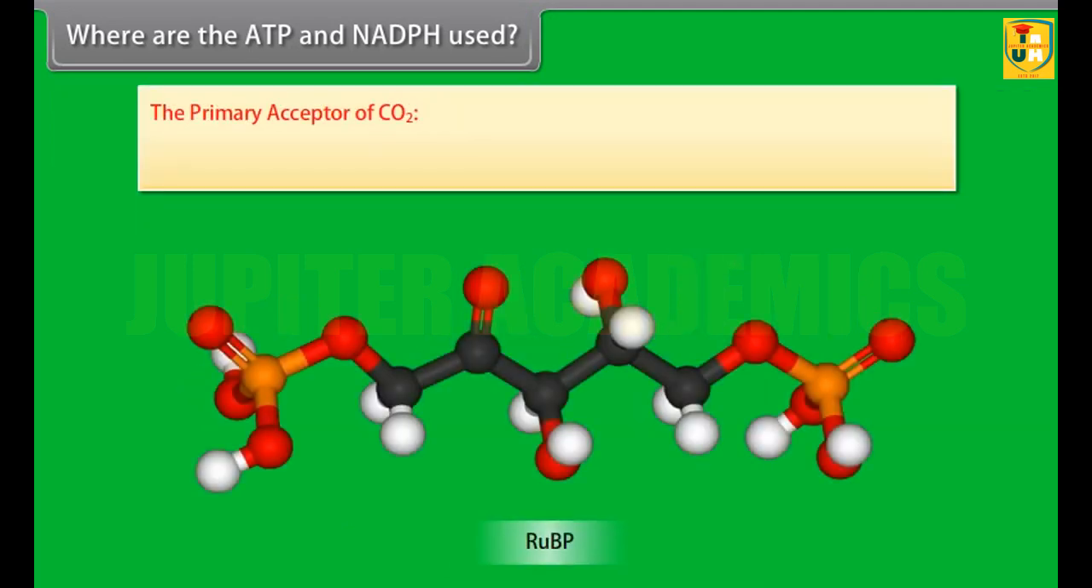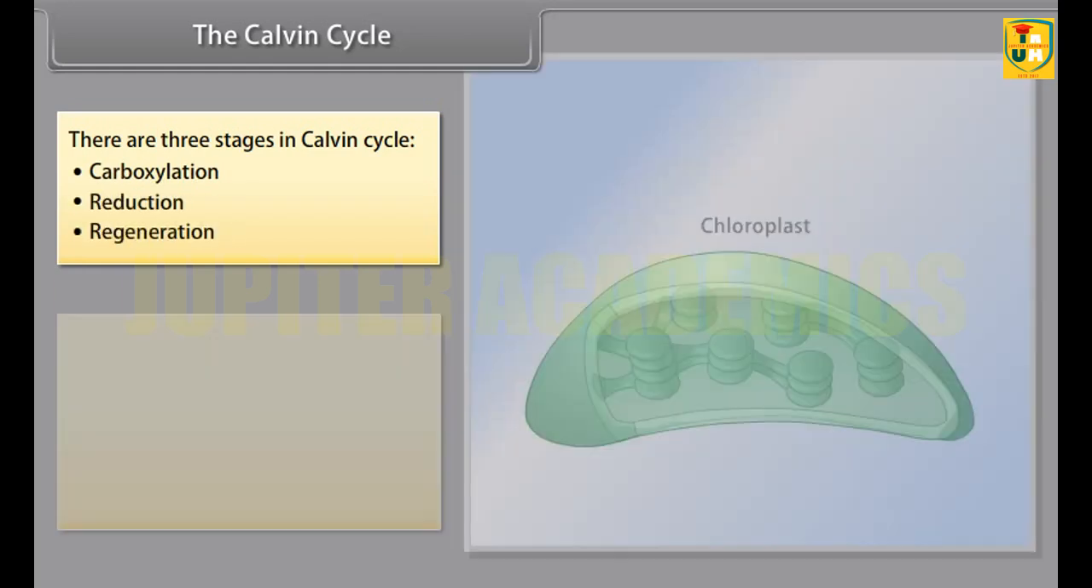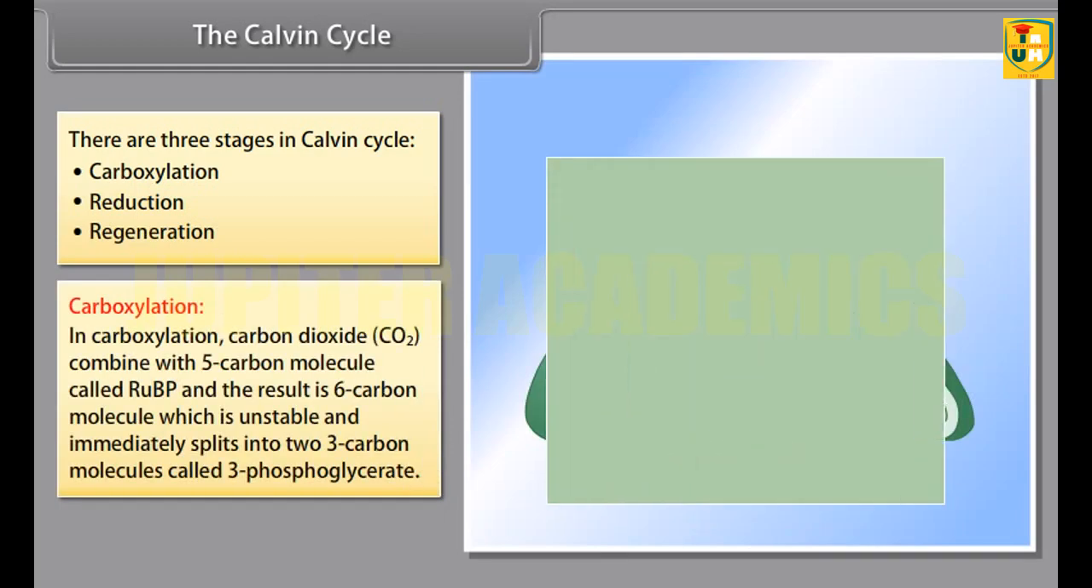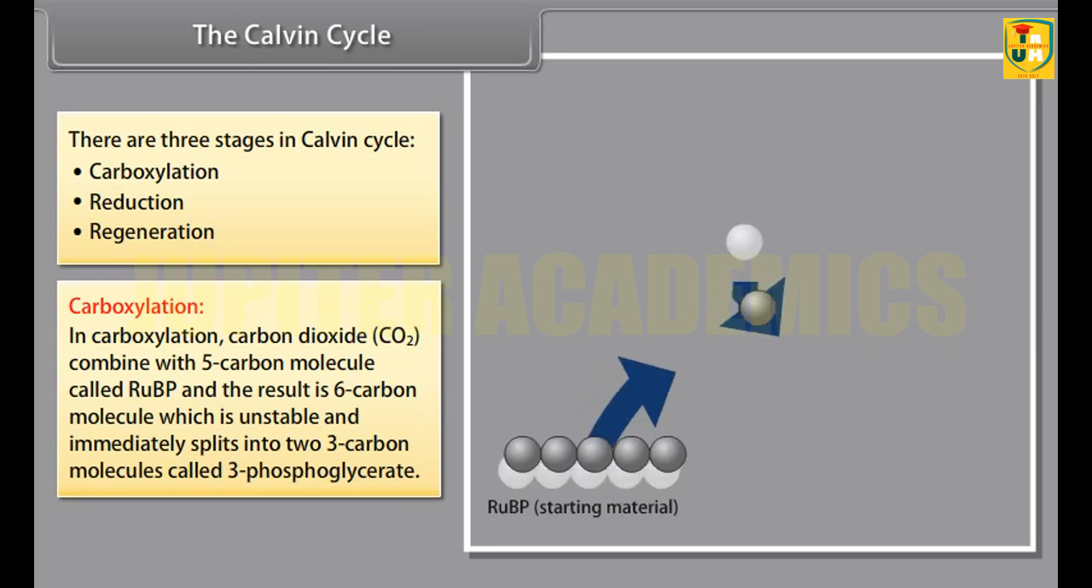The primary acceptor of CO2. The acceptor molecule was ribulose bisphosphate, RuBP, that is a 5-carbon ketose sugar. The Calvin cycle. There are 3 stages in the Calvin cycle. They are carboxylation, reduction, and regeneration. Carboxylation. In carboxylation, carbon dioxide, CO2, combines with the 5-carbon molecule called RuBP, and the result is a 6-carbon